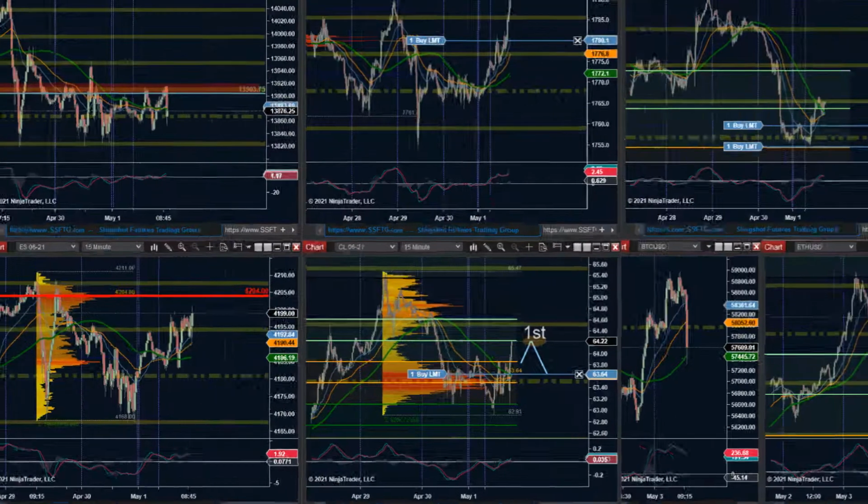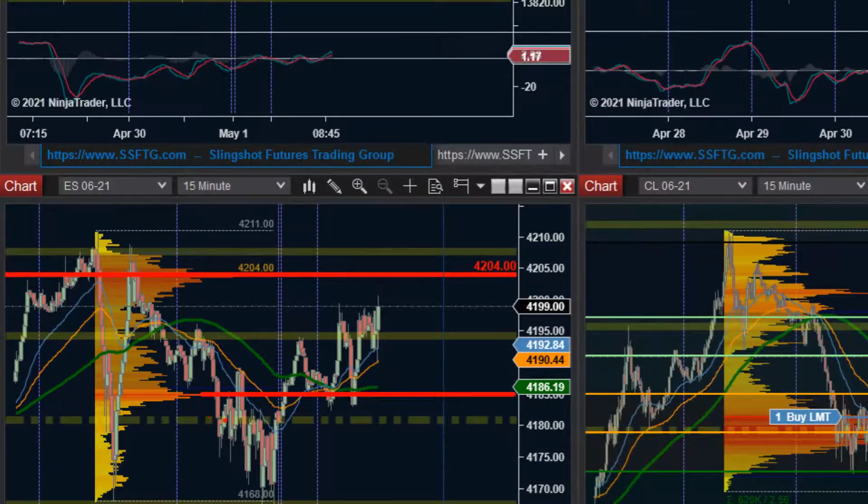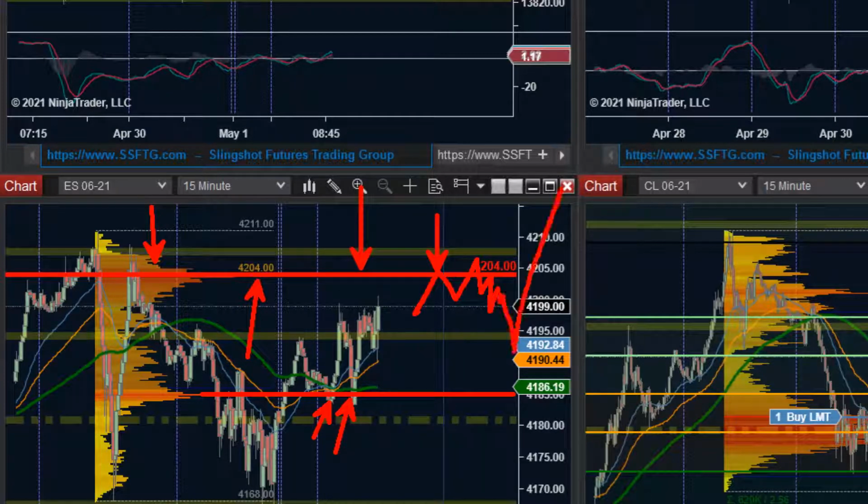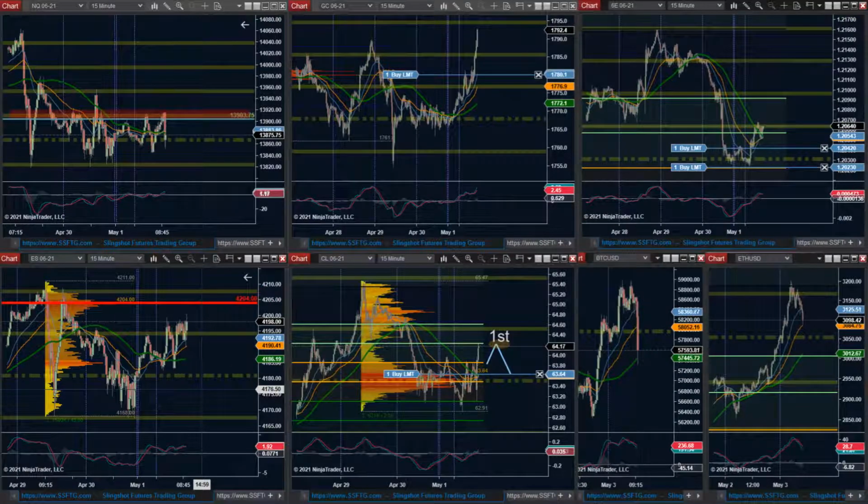I mean, it's getting close. The thing with the S&P, I mean, obviously they attempted to shift their POC right there, jeez. But 4204 is a big one. They've got to break that. Top-weighted POCs scare the crap out of me. I do not like those at all. When I have a top-weighted POC, that generally demonstrates that the sellers dominated it. And so when it comes back to that area, I don't want to be the first one at the party. I would rather let the sellers try and then break above and then use it as support as far as buying, which means that we're going to have to buy even higher. But I think it's just a safer bet at the moment.